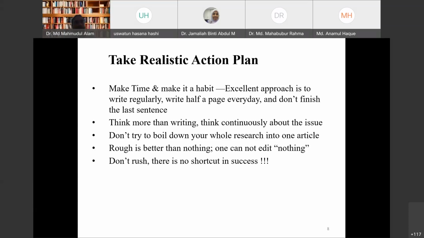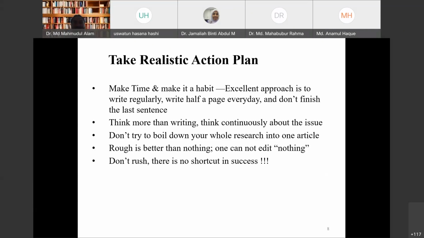So rough is better than nothing. One can edit; you cannot edit nothing. So just start writing. Again, I tell you, it depends on your status. If you are a very beginner, you need to write. If at least you have something, then you can progress on it. But if you are intermediate or advanced,